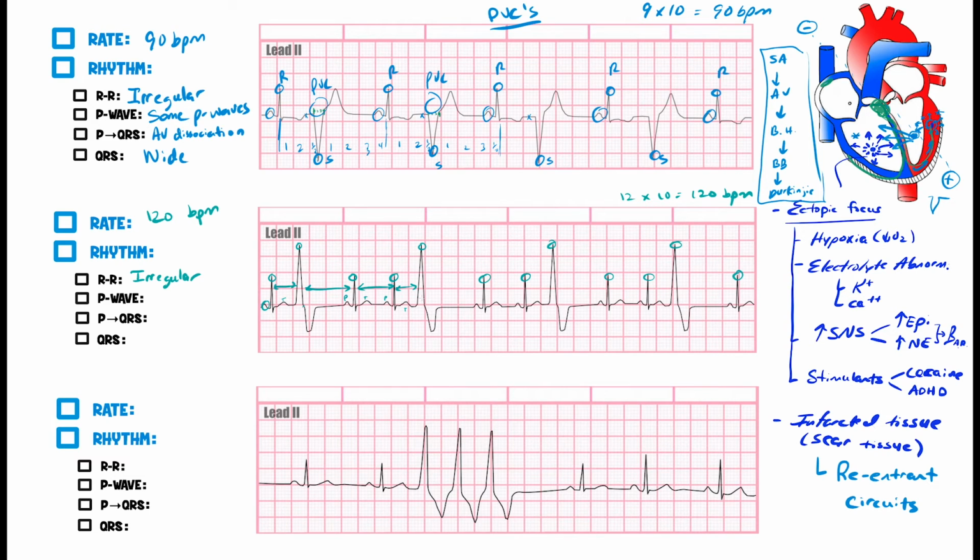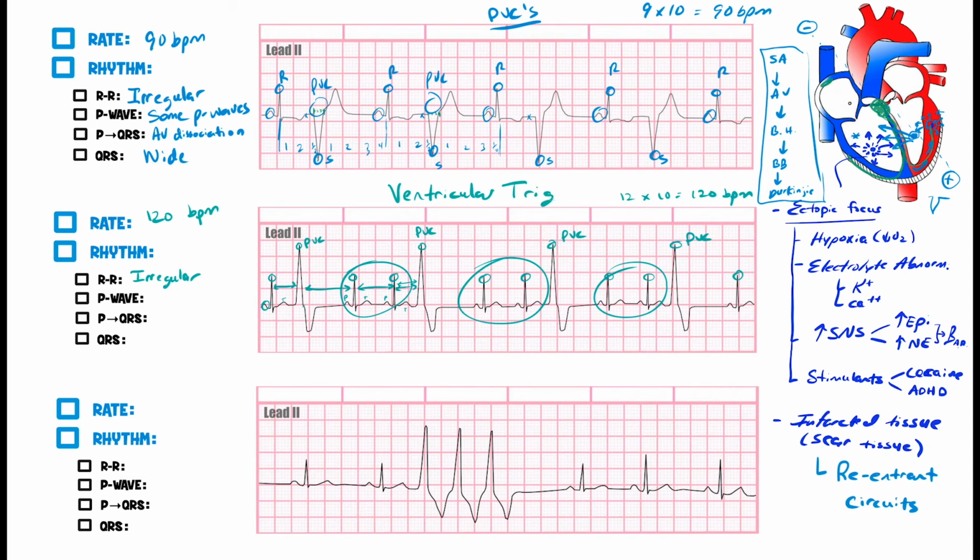All right. Well, remember I told you, anytime you see these wide QRS complexes, and they're coming early, so this is definitely coming earlier than it should, and it doesn't look like a normal QRS complex, in other words, it's really wide, and it's abnormal appearing, this is a PVC. That's a PVC. This is a PVC. That's a PVC. Huh. Well, these PVCs seem to be coming after every 2 normal PQRS complexes, right? So if it's coming after every 2, this is called ventricular